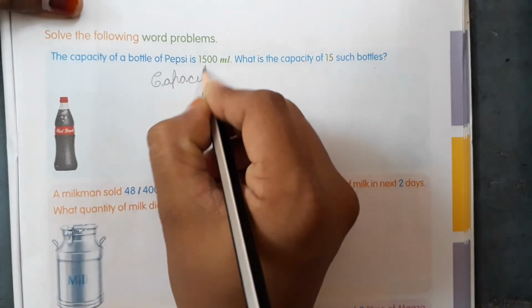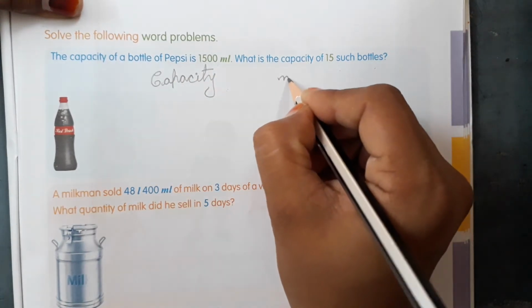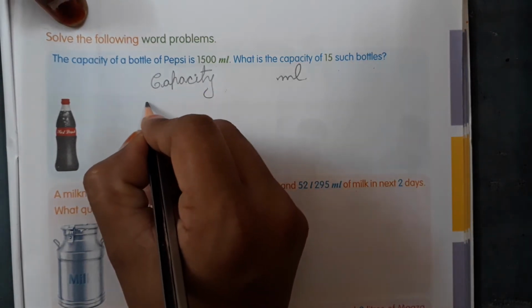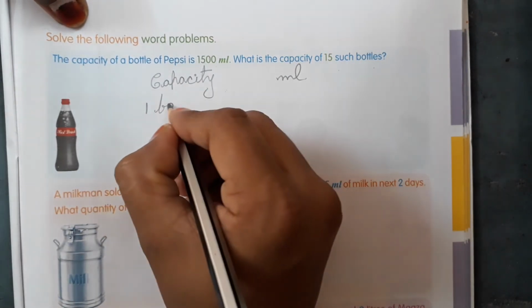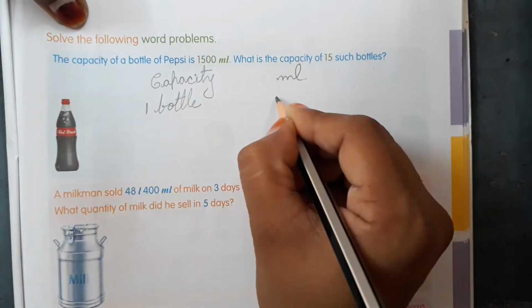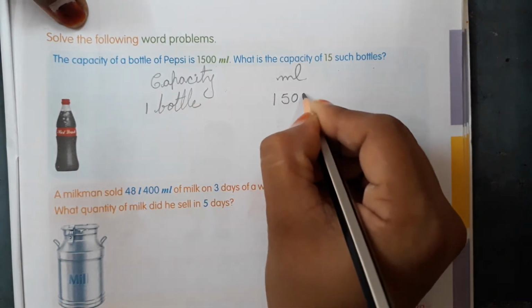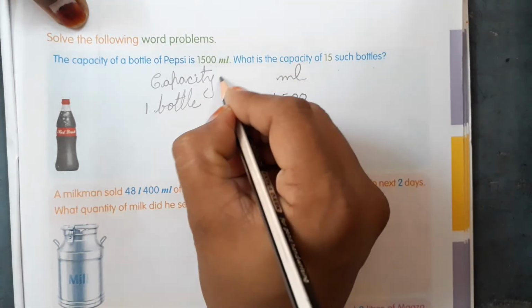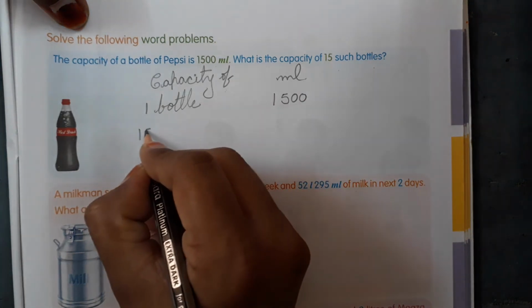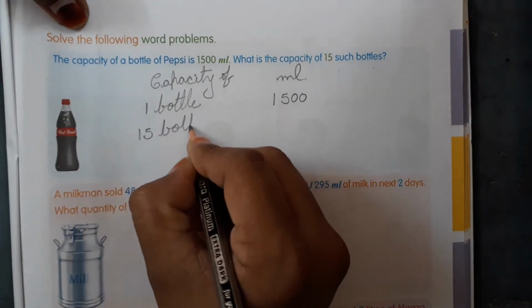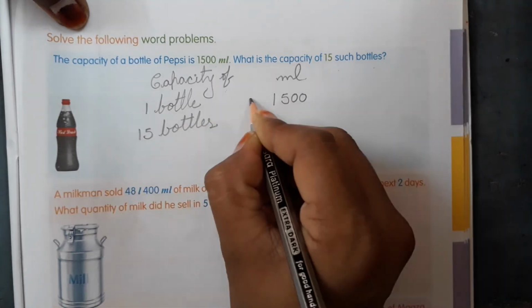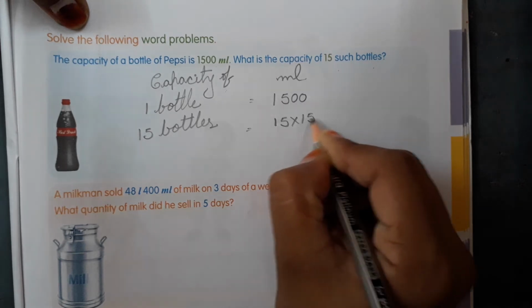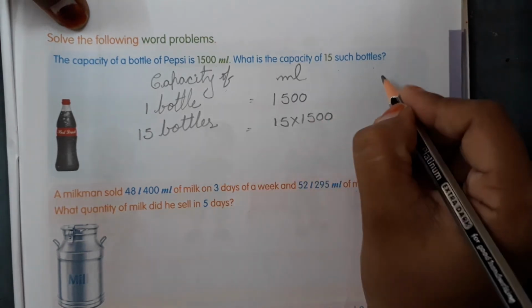Capacity in milliliters. This is the common step. Capacity of one bottle, how much? 1500 ml. Now they are asking the capacity of 15 such bottles. Capacity of 15 bottles, how much? 15 into 1500. Now multiply